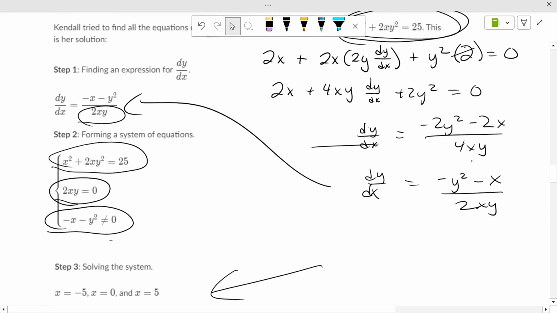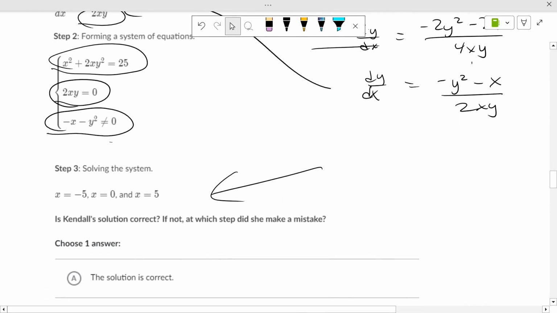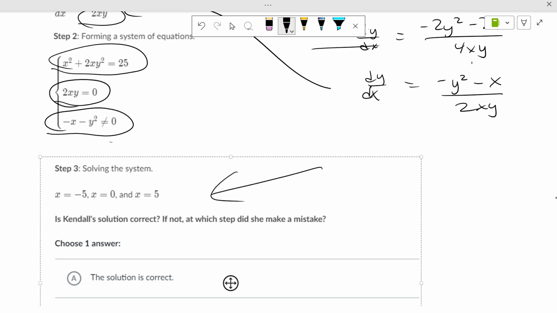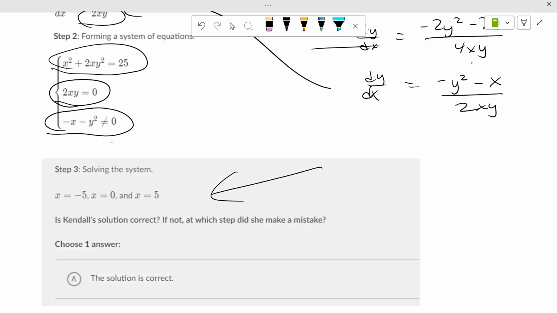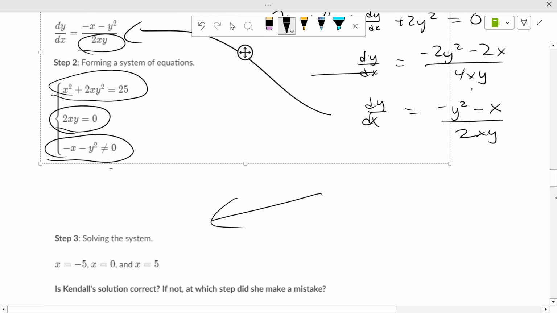Because if it would say equals the x-axis or equals the y-axis, we would have to also put down x equals 0. But it doesn't say. It's just all the vertical lines. And so they solved this. So if we put negative 5 into this equation, because if 2xy equals 0, either x equals 0 or y equals 0. Okay. So if we put 0 into this equation for y,